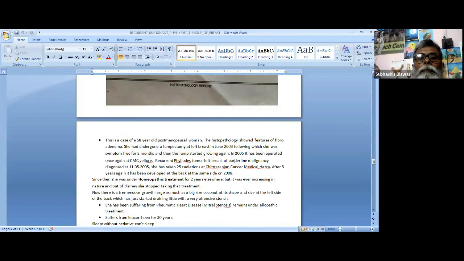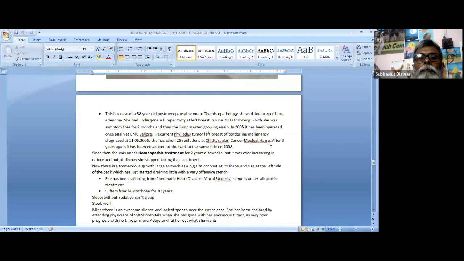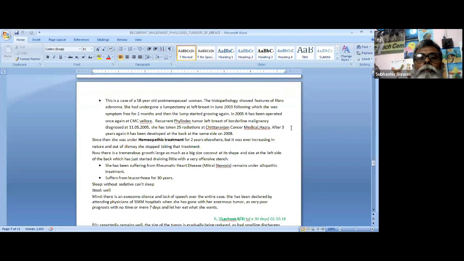This is a case of a 58-year-old post-menopausal woman. The histopathology showed features of fibroadenoma. She had undergone a lumpectomy at the left breast in June 2003, following which she was symptom-free for 2 months, and then the lump started growing again. In 2005, it was operated once again at CMC: phyllodes, recurrent phyllodes tumor, left breast, of borderline malignancy as well as malignancy, diagnosed on